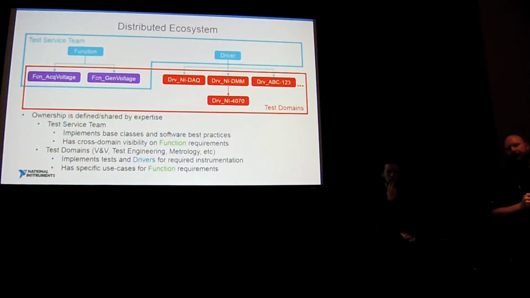Well, if there are two instruments connected on your bench that can both do your required voltage measurement, what is a property passed through the acquire voltage indicating which one should be selected? Okay. So yes, behind the scenes, the toolkit which we showed